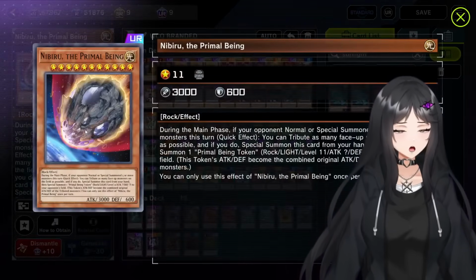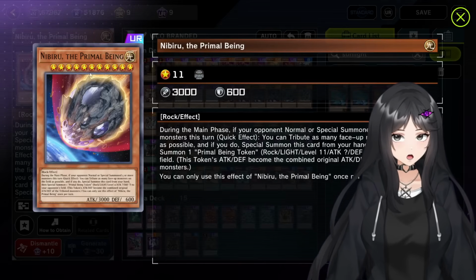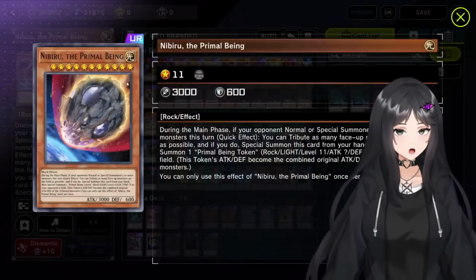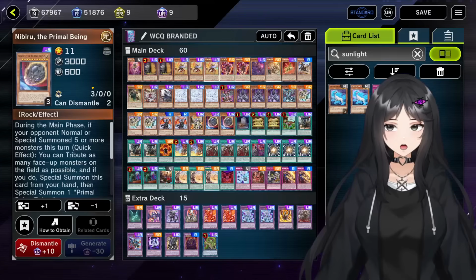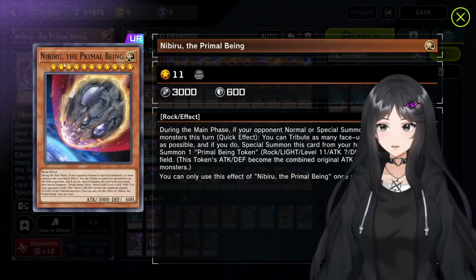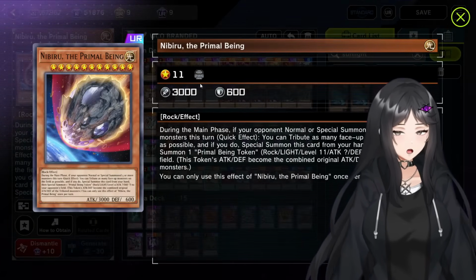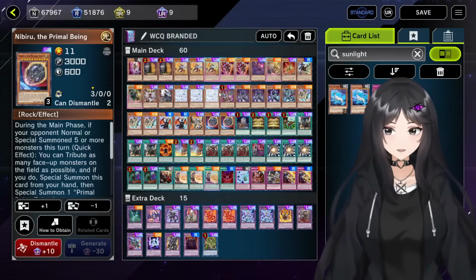Nibiru was also really good in this Duelist Cup because Crystron plays into Nibiru, Snake Eye plays into Nibiru, Blue Eyes occasionally plays into Nibiru, Momento plays into Nibiru, and Mermail often plays into Nibiru. So I thought that the best decks, the most popular decks, were punished by Nibiru. Blue Eyes was really the worst matchup for Nibiru, and obviously Branded is an even worse matchup for Nibiru, but